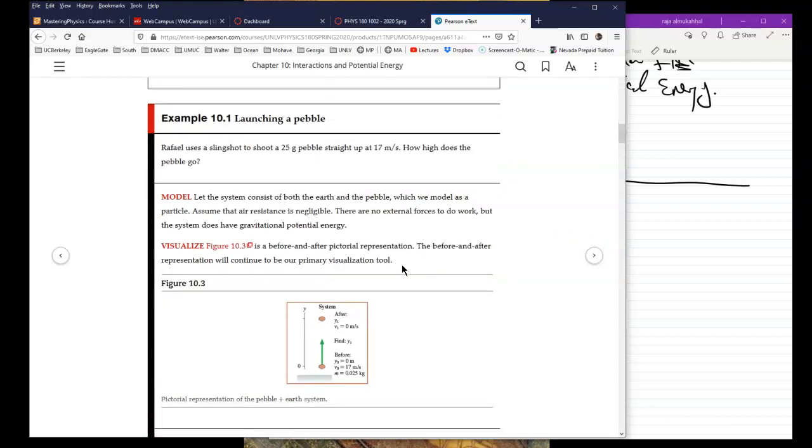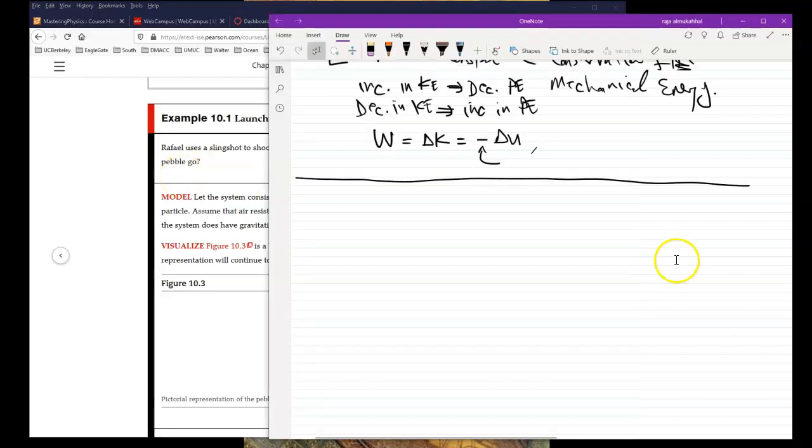There it is. Okay, simple example says Raphael uses a slingshot to shoot a 25-gram pebble straight up at 70 meters per second. How high does the pebble go? Okay, very, very simple problem. So basically, in this problem, we have example